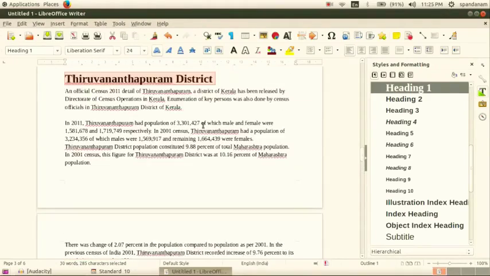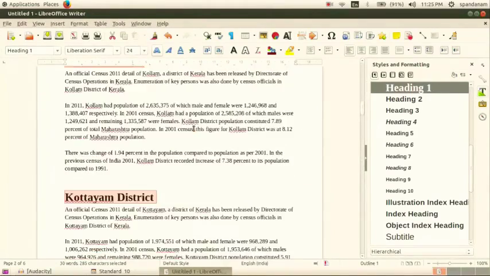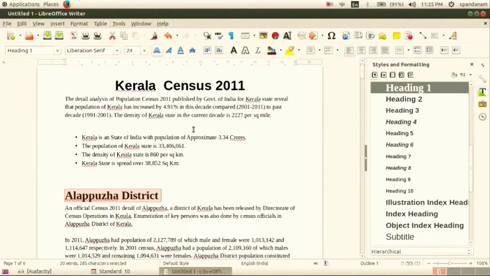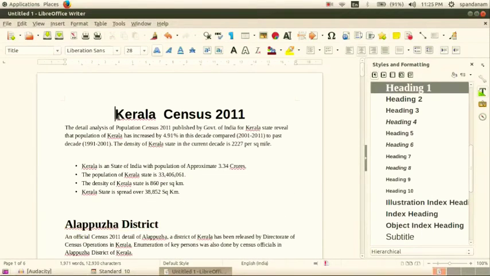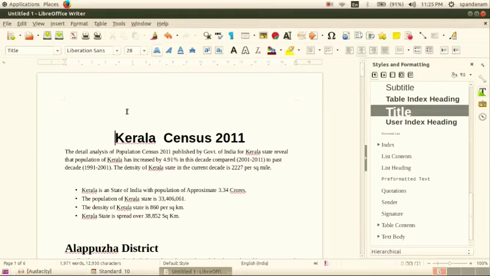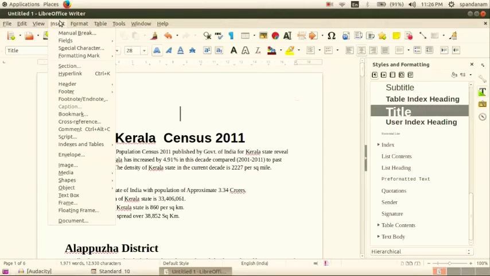Then we are going to add or insert an index table. For that, we go to the Insert menu, select Indexes and Tables, and Indexes and Tables.